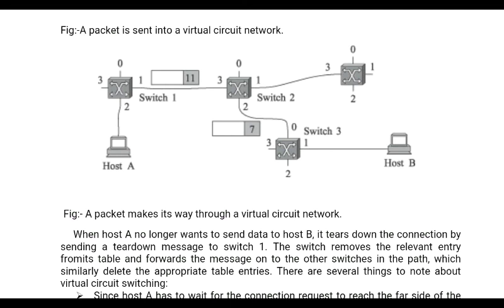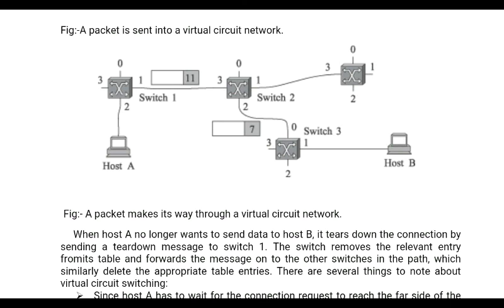So when it is received by switch 3, it is received on port number 0, the incoming interface is 0 and the incoming VCI is 7. The entry is there in this table. What is the outgoing interface for this connection? It is port number 1, where it has to be transmitted. While transmitting, the outgoing VCI is updated to 4. Now host B is going to receive the packet with the VCI 4. Is it clear? So in this way a connection is going to be established first for transmitting the packets.